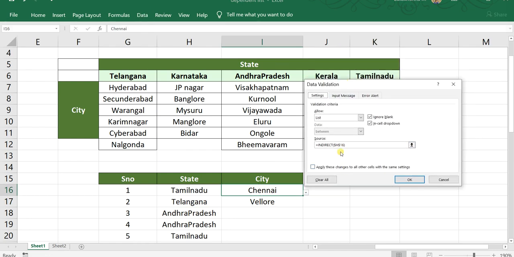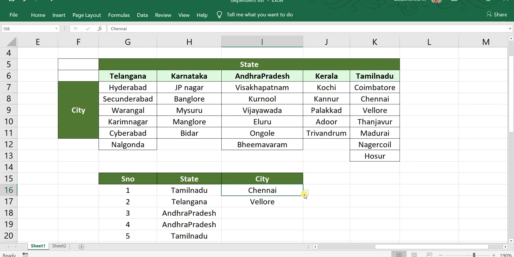validation, you can see here the row and column is fixed. Column H and row 16 is fixed. Here we need to fix only column, not the row. The row should change when we drag the cell. For that we need to remove dollar symbol here, so that whenever we drag the cursor, the row gets changed, and click OK. And now drag the cell,